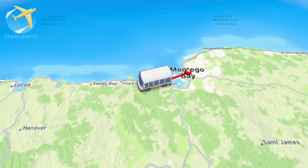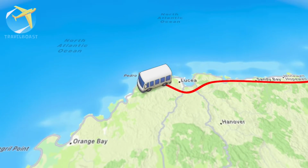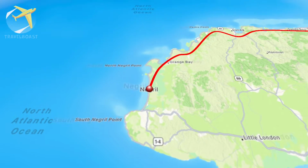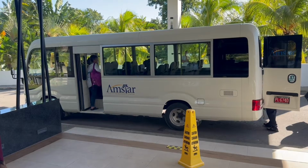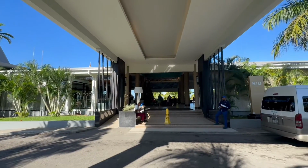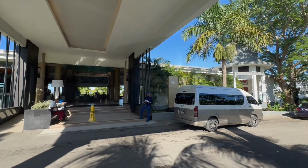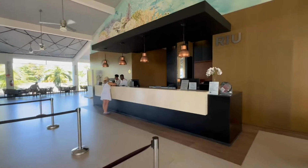Arriving by plane in Montego Bay, expect about a 2-hour ride to the resort if you're taking Amstar, Nexus, or any other shared shuttle. The total trip time will depend on the number of other hotel stops they have to make and traffic. We arrived at the resort in late afternoon and it wasn't too busy at check-in. However, we did notice other days of the week when whole buses of people arrive, so check-in might be a